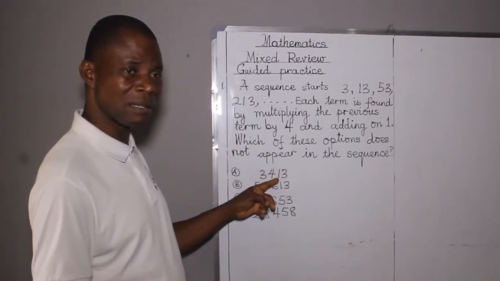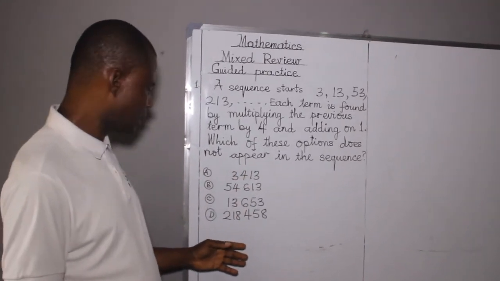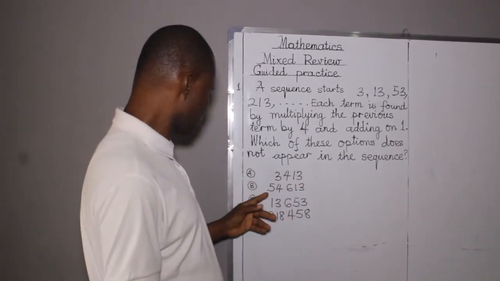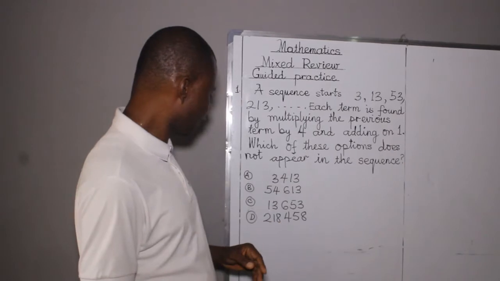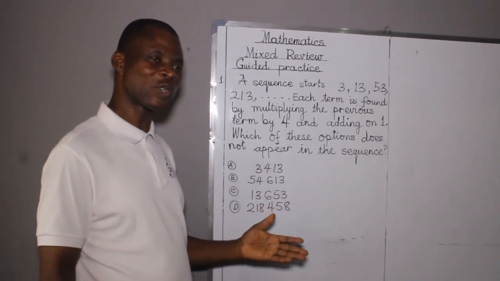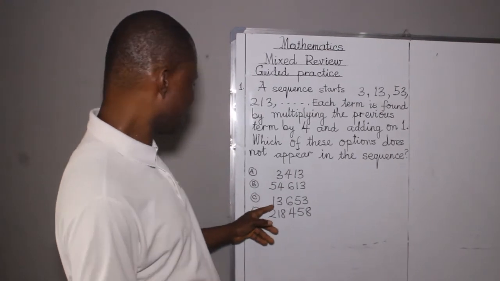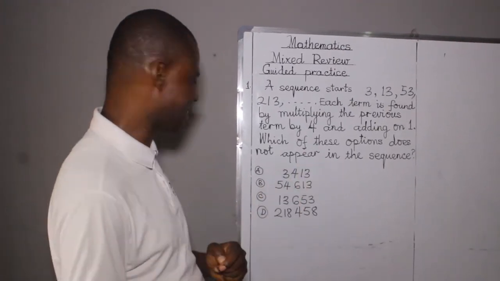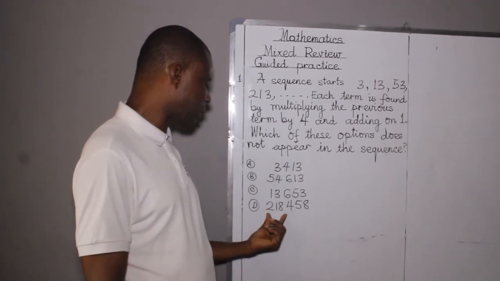Look at the numbers given as options. A, 3,413, odd number. B, 54,613 is also an odd number. Here we have 13,653, also an odd number. And at the bottom here we have